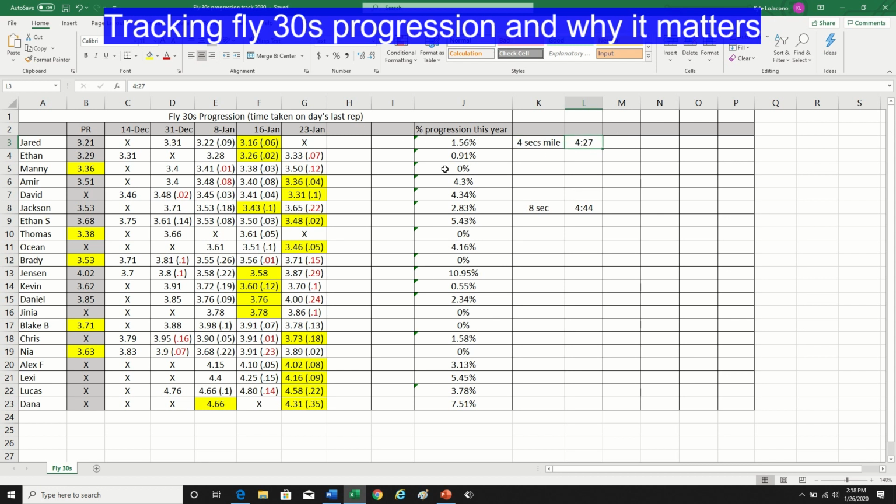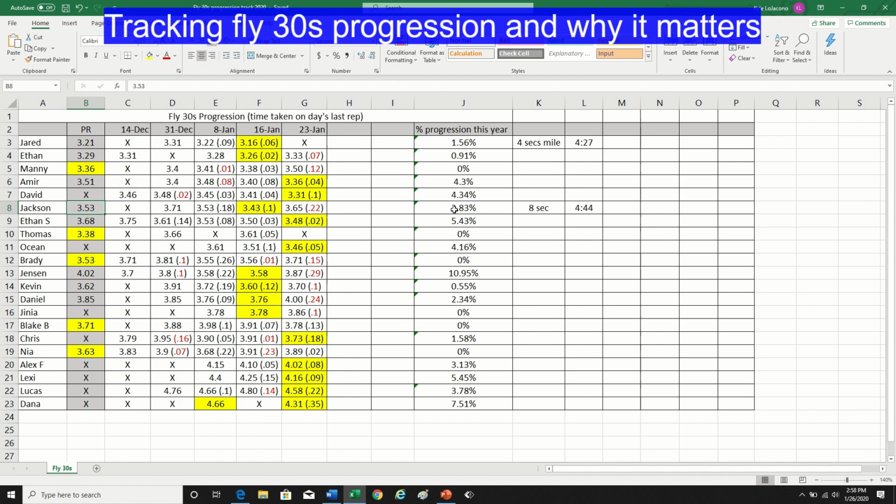If we went through and said that Jared's VO2 max has dropped a certain percent, we could also make this calculation. It's a way that you can track the improvement of your kids. Jackson here started the season with a PR of 3.53, and then he came out, not quite there, got back to his current PR, and then two times out before, he went 3.43. So that is an improvement in his max, not quite max pace, but almost max pace,